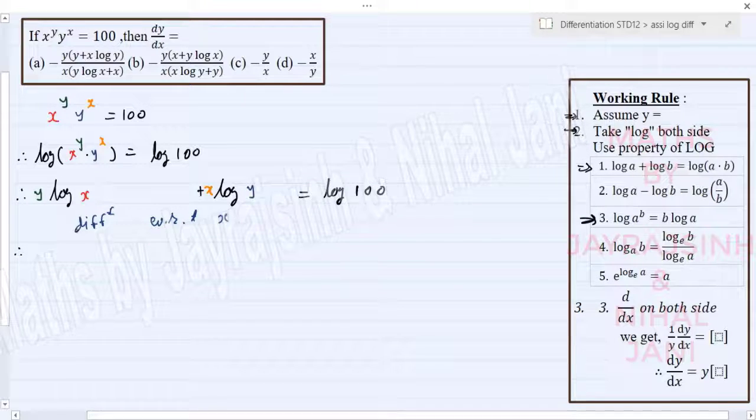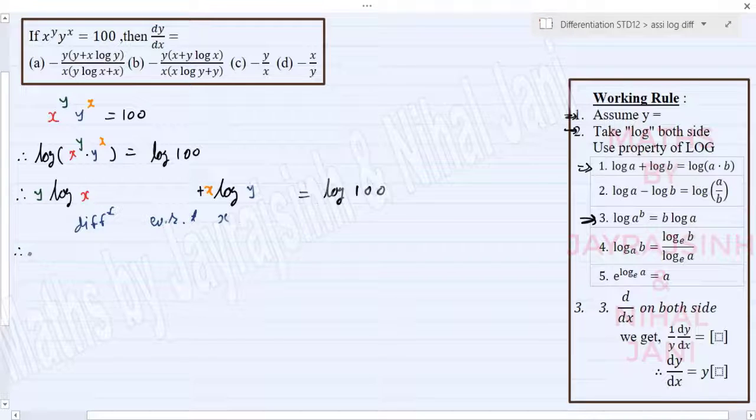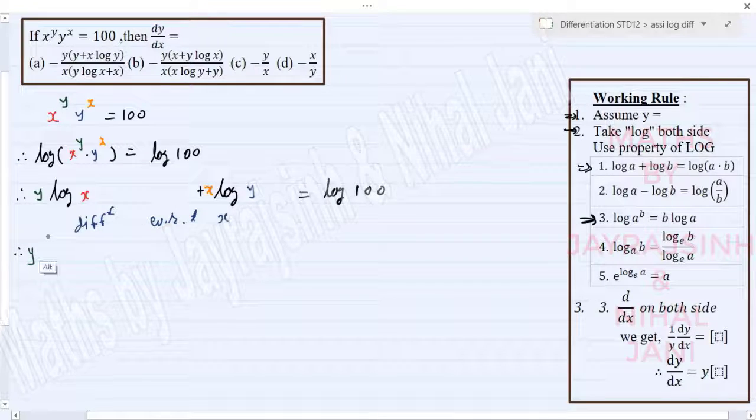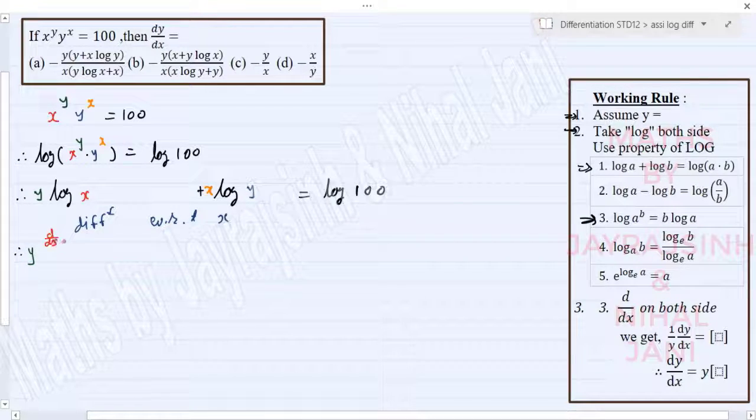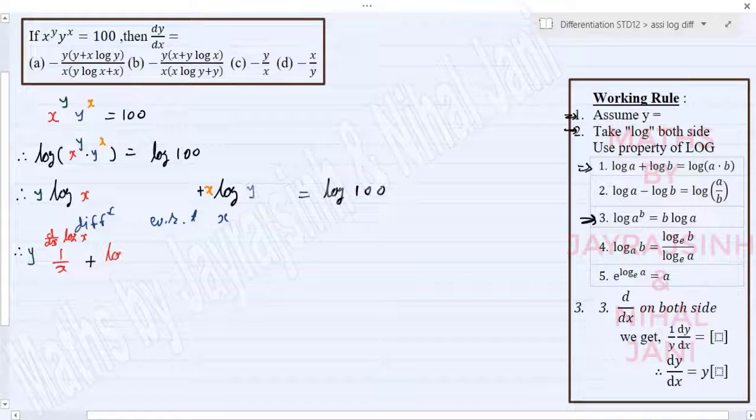So to differentiate first term, we have to apply multiplication rule. Let's say in first term your y will be as it is. We just have to differentiate log x, which is 1 upon x, plus your log x will be as it is. Let's differentiate y. We will give us dy by dx,